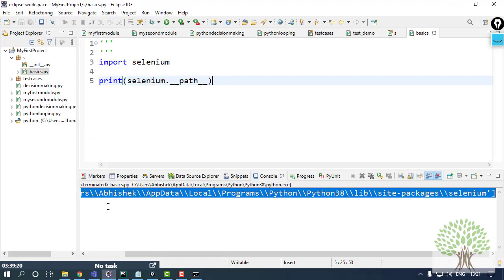Even in Eclipse, you can see that this is the only detail being provided right now. Once we move further to the commands, like how to open up the browser and all, at that time I'll show you more about the documentation. Right now it's not that clear, but you don't have to import it manually.